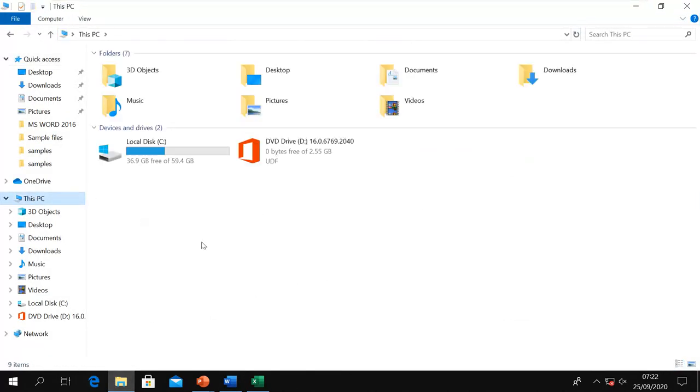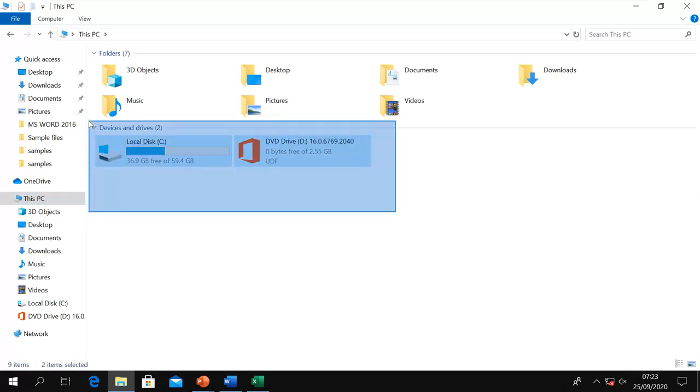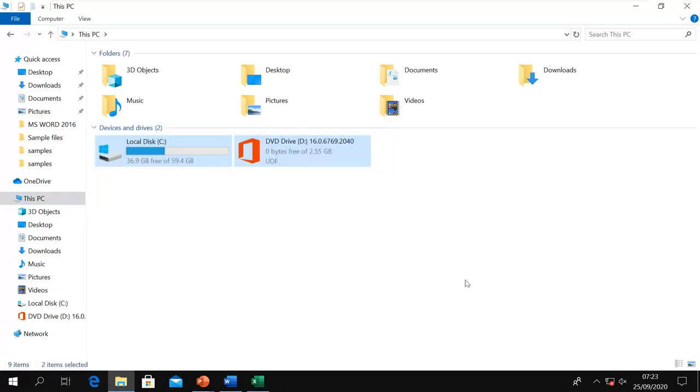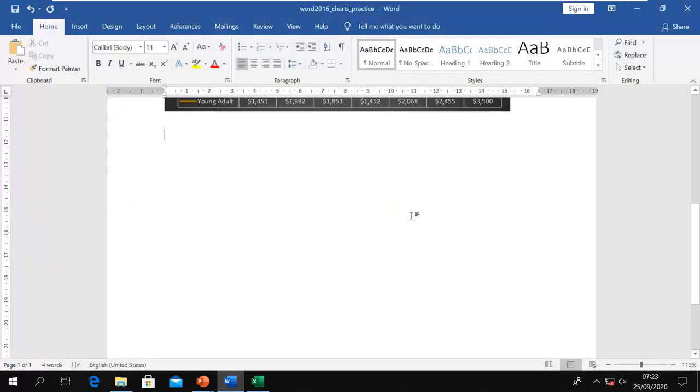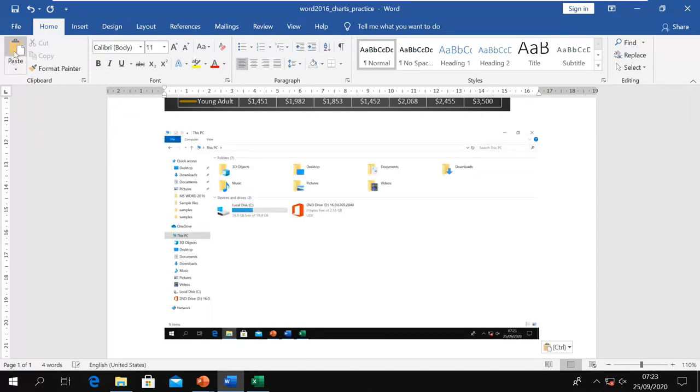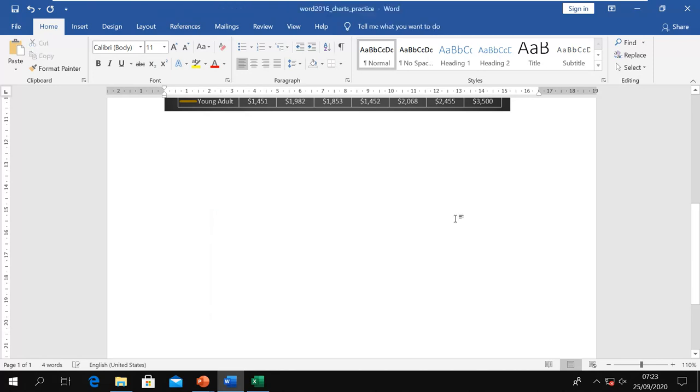Now I want a screenshot of only these two objects, but when I use the Print Screen key, it copies the whole screen, and when I paste, the whole screen comes. So I don't want this. There is a different way for that, because I want some specific space.